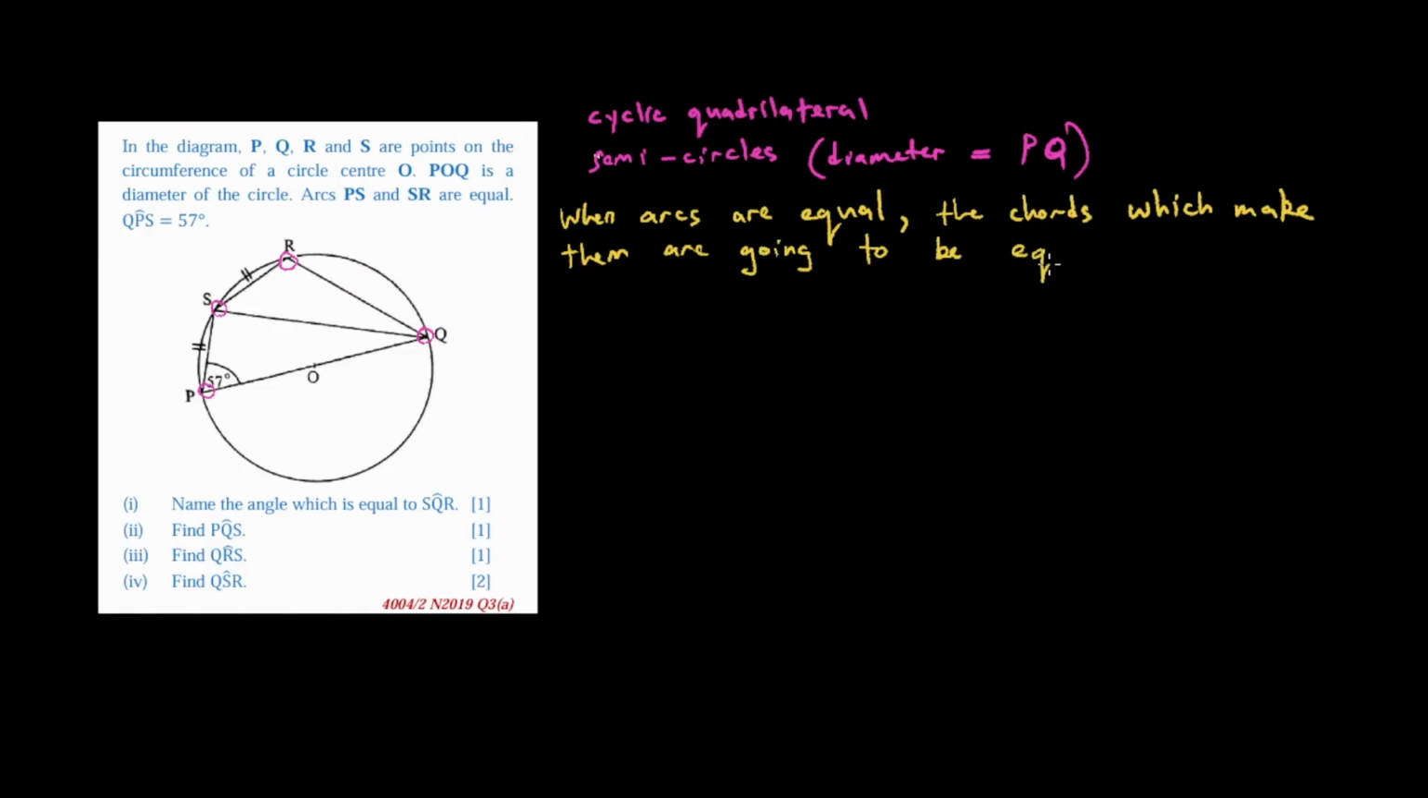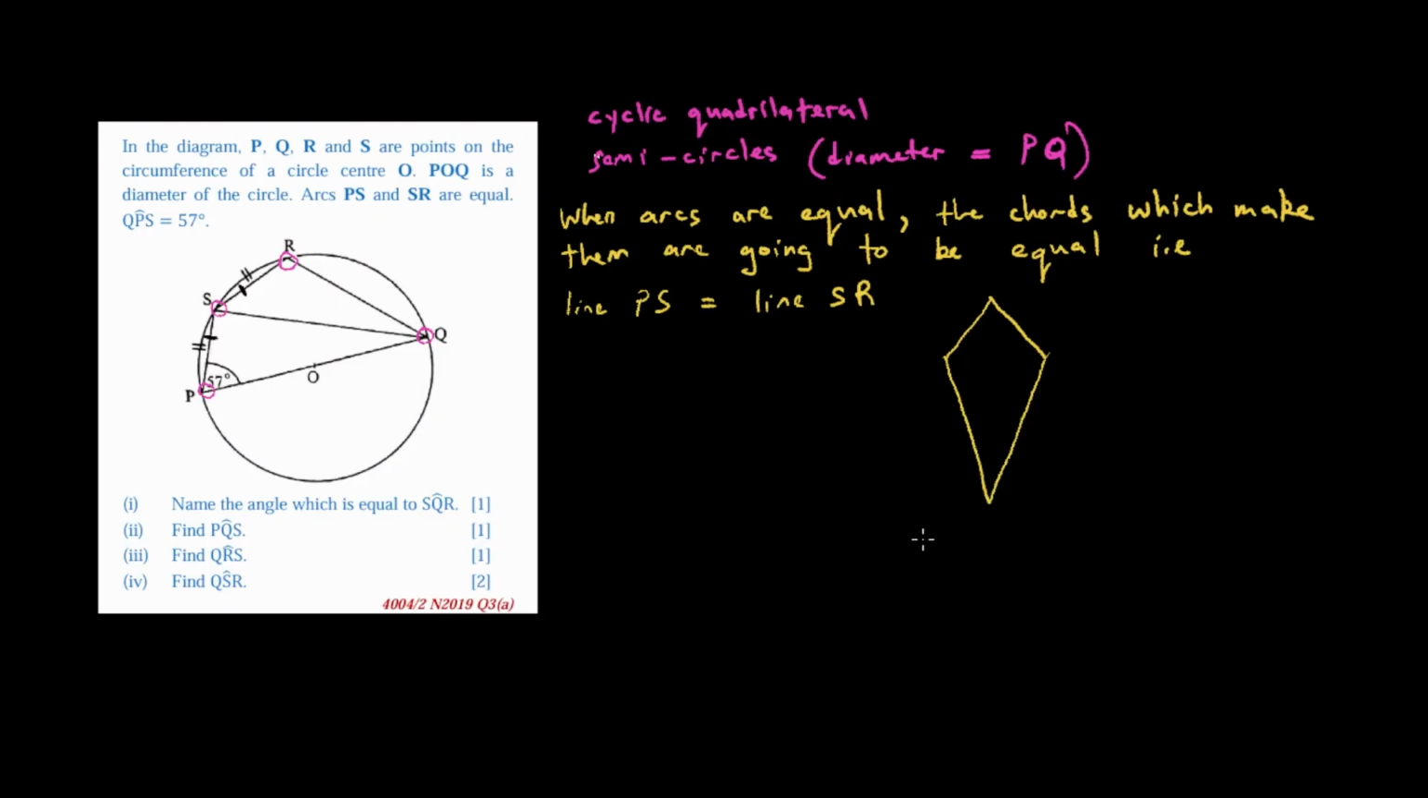So if arcs are equal, the chords which make them are going to be equal. That is, it means line PS is equal to line SR. You can actually put some pointers here. Go to this line, it's going to be equal to that line. Very important. What you should then notice here is we now have a kite like this,